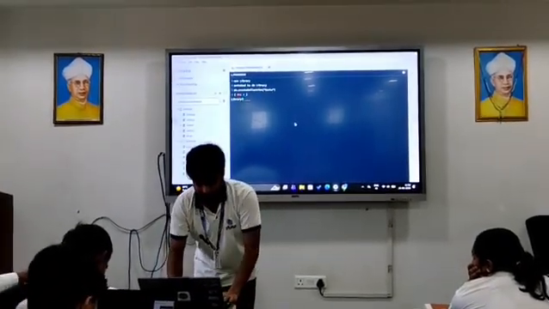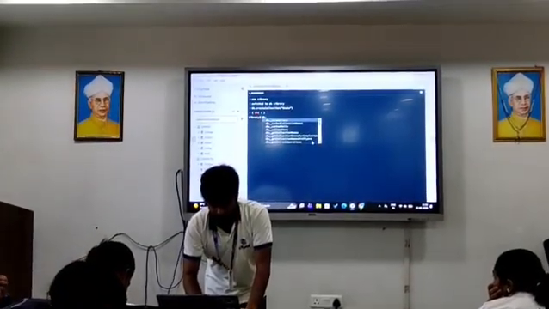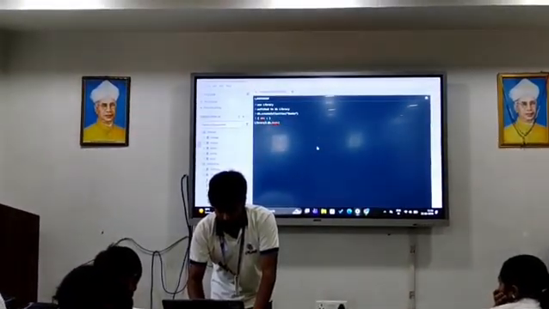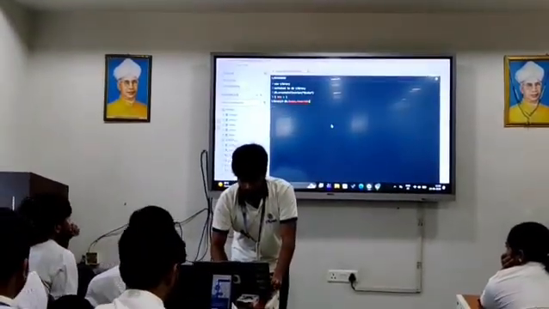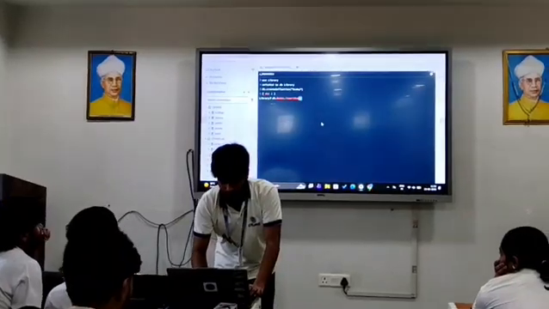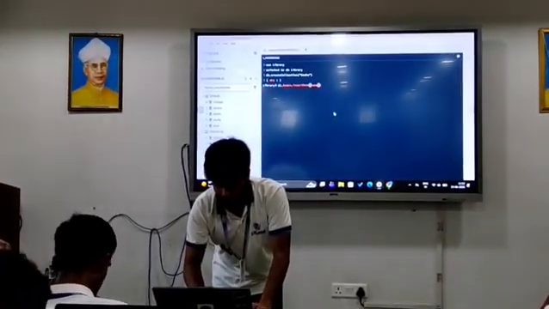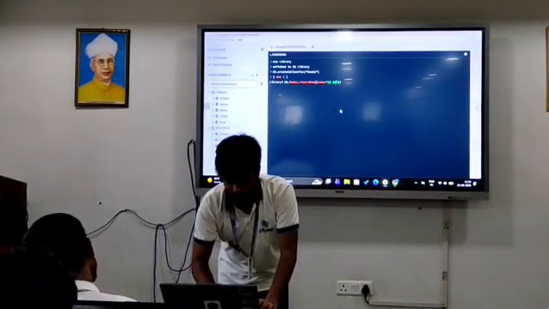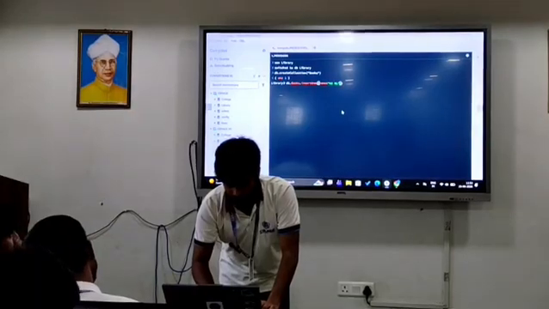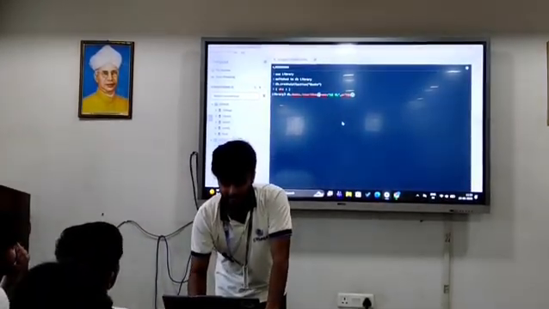And I'm just inserting the data in the collection of books using db dot books dot insertOne, and the book name is AIML, and the price of that book is just ₹99.